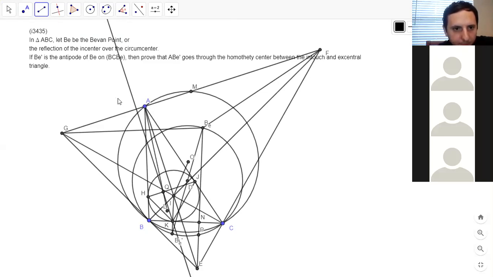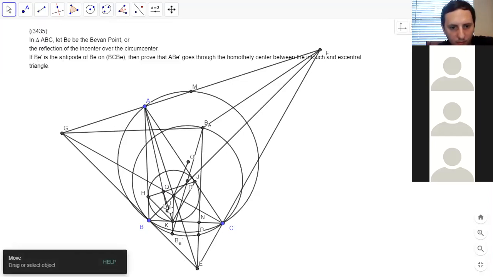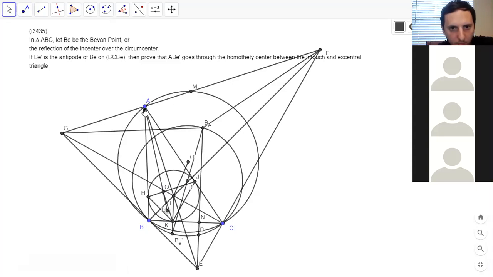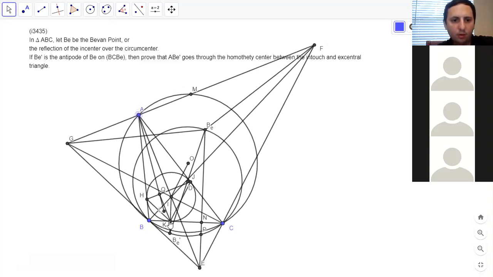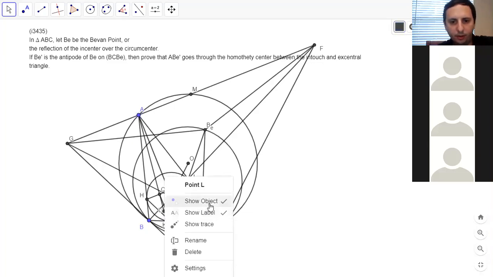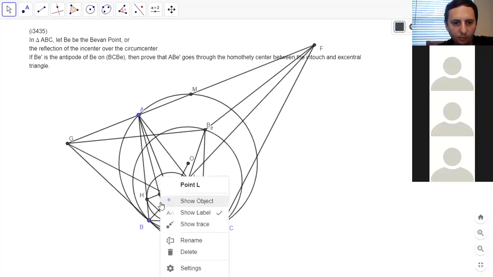All right. And if we try to show QLBE prime collinear, that might be easier to show. So yeah, then we could remove point L. So basically you're saying we don't really need it. We can hide point L for now. And we just want to show that